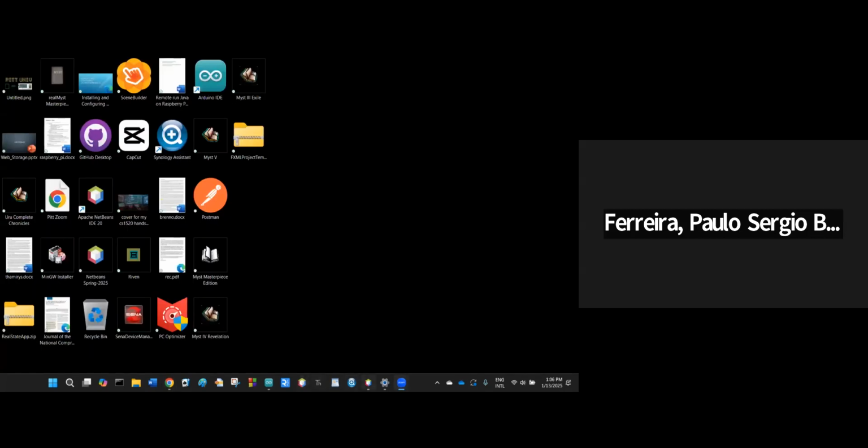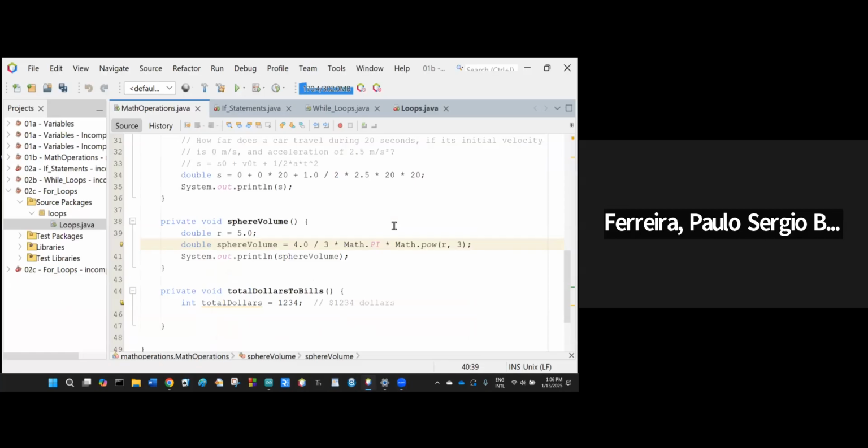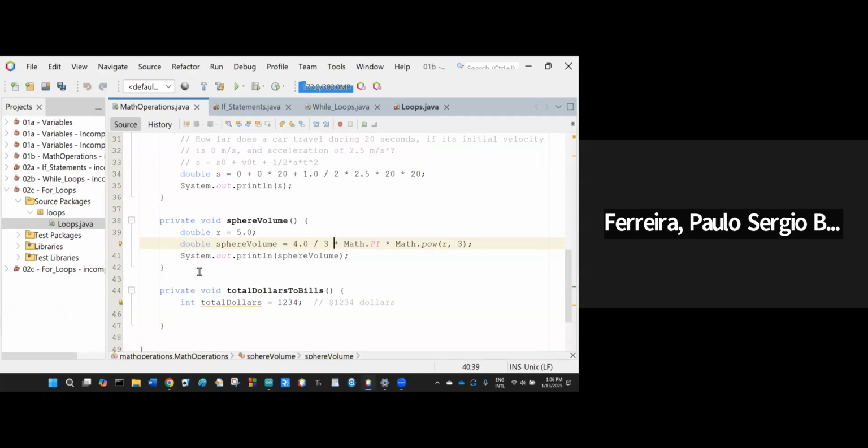So again, we are here. Let me go back here. All right. And as I mentioned to you before, it's interesting sometimes to have this situation. And basically what this means is, when you divide a number by an integer, let's say 12 divided